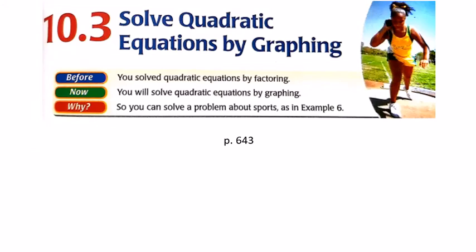Hello everyone, in this video we're going to be discussing section 10.3, which begins on page 643 of your textbooks, and is entitled Solve Quadratic Equations by Graphing. So what it means to solve an equation is to find solutions, and the particular solutions that we are looking